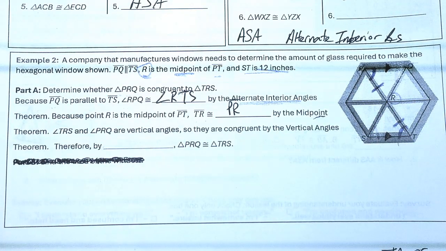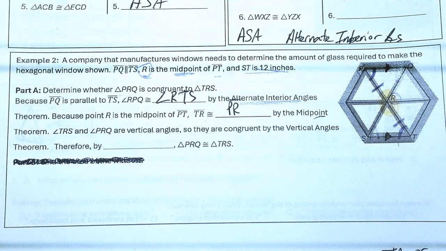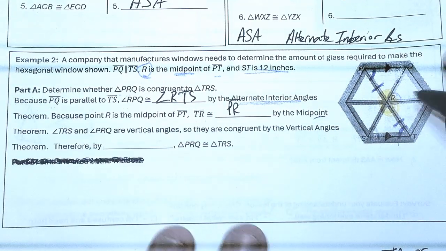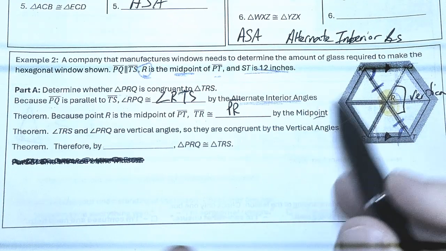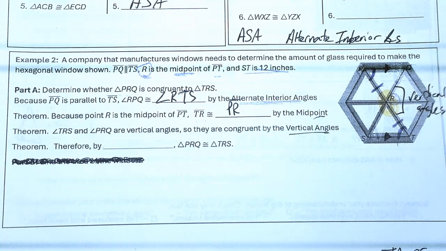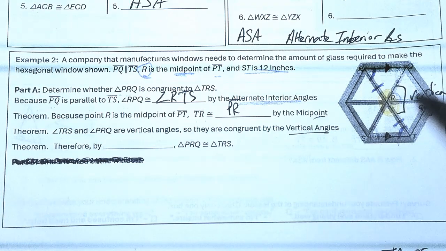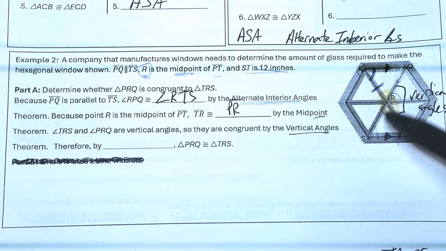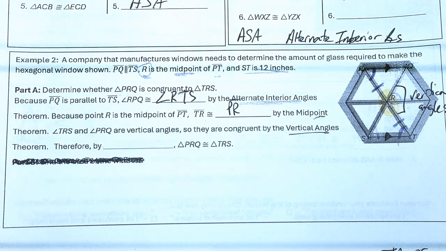So again, this guy in the middle makes an X. Those are, again, vertical angles. And it says down here by vertical angles theorem. But you got to remember where they're at to be able to locate them. So yeah, TRS and PRQ are vertical angles. So by the vertical angles theorem, again, just pointing them out. So therefore,